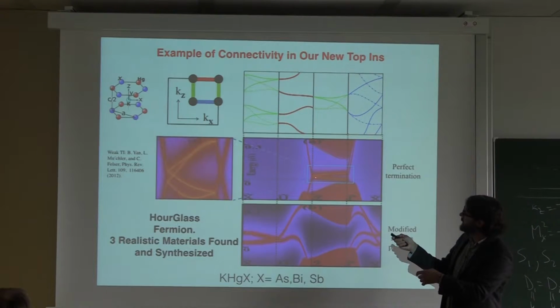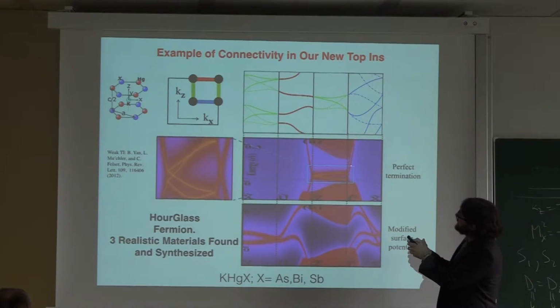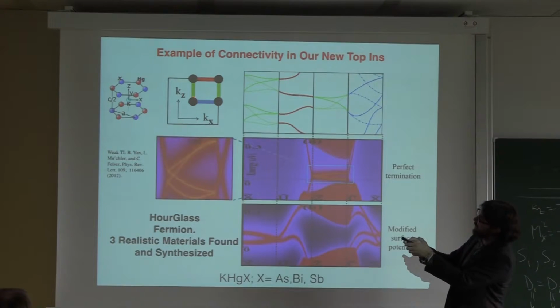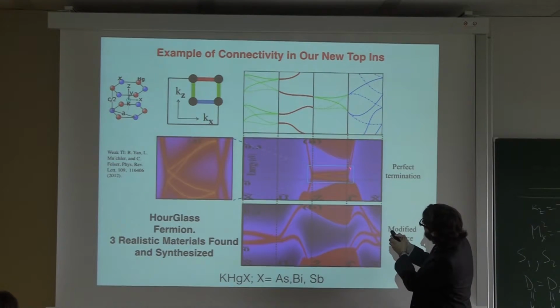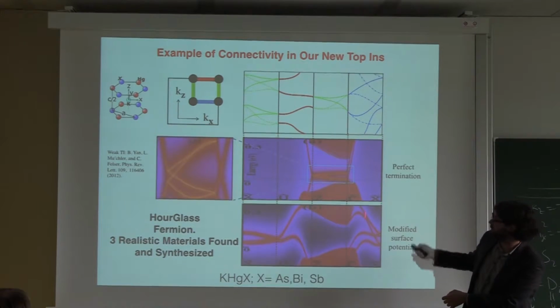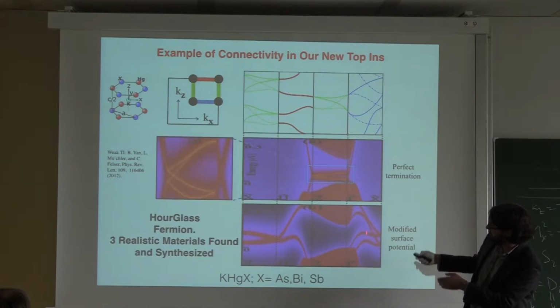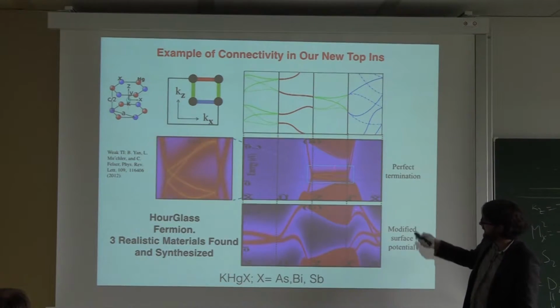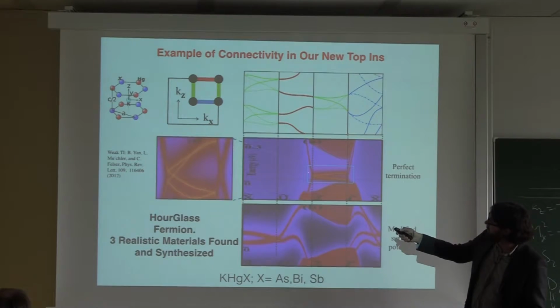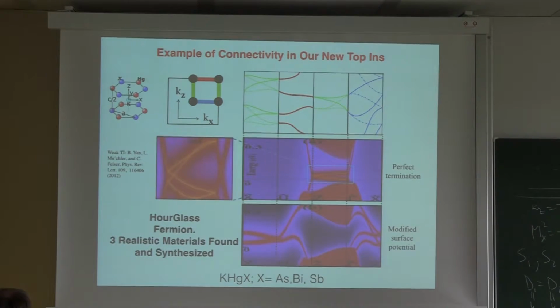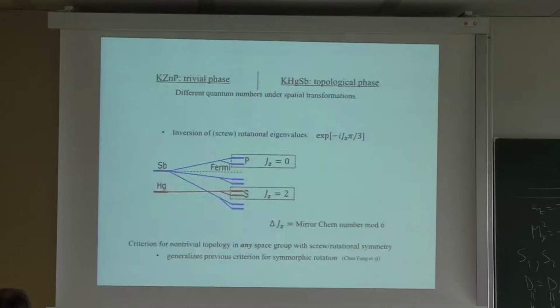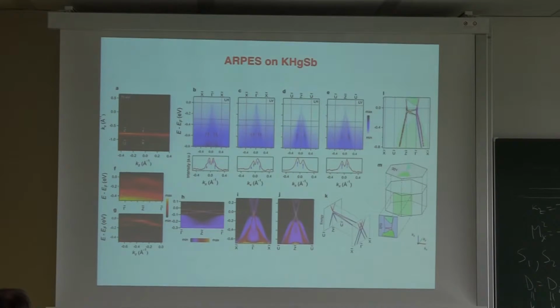and I've explained why. This is connectivity 4, and it turns out that on this side, which is the only one we haven't yet explained, but this is not important, the bands are singly degenerate, and you can see them 1, 2, and if I had higher resolution, 3, 4, or you can see them clearly here with another surface potential. These two figures just differ by a surface potential. This is the realistic calculation, but the point is the degeneracies of these bands here are singly degenerate. Here it's twofold degenerate, and I have an hourglass in between. So ARPES shows this.